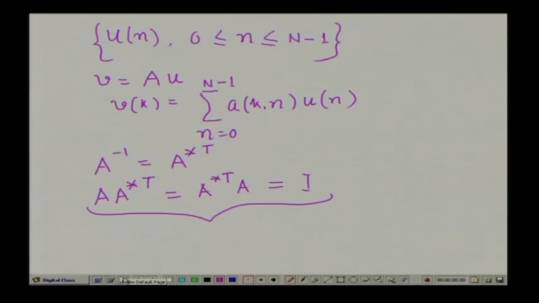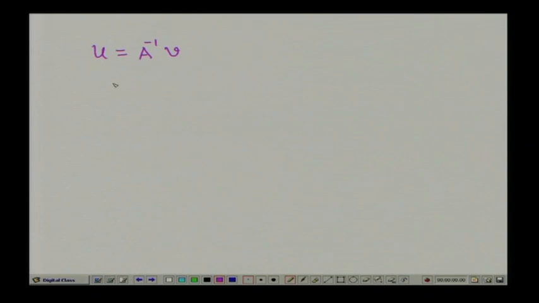This original sequence is obtained by a similar relation, which is given by u is equal to A inverse V, and in our case since A inverse is the same as A conjugate transpose, this can be written as A conjugate transpose V, and